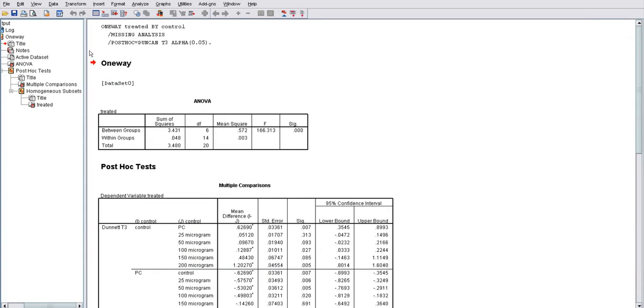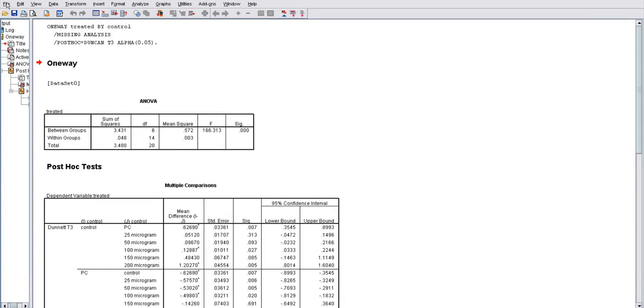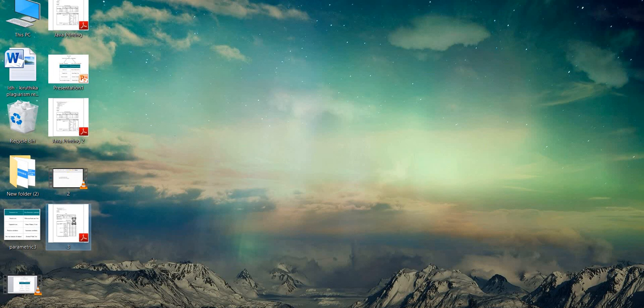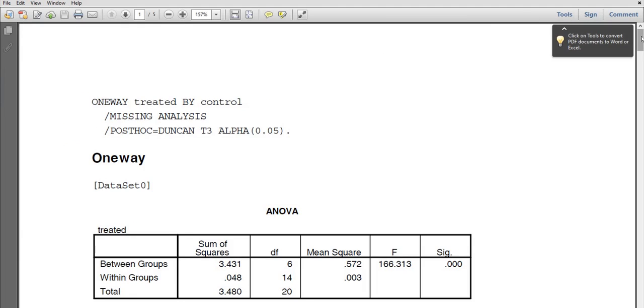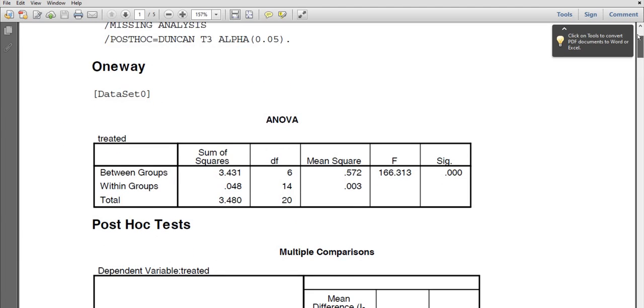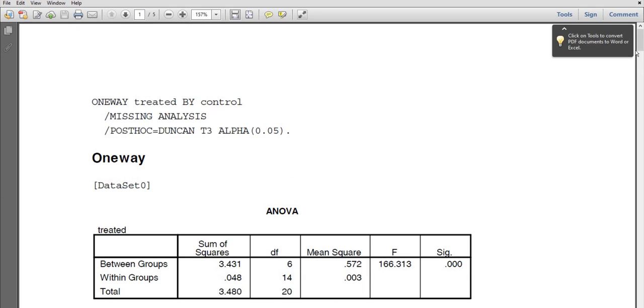You can save this first as a PDF. The important thing here is you can see one-way ANOVA, treated by control.